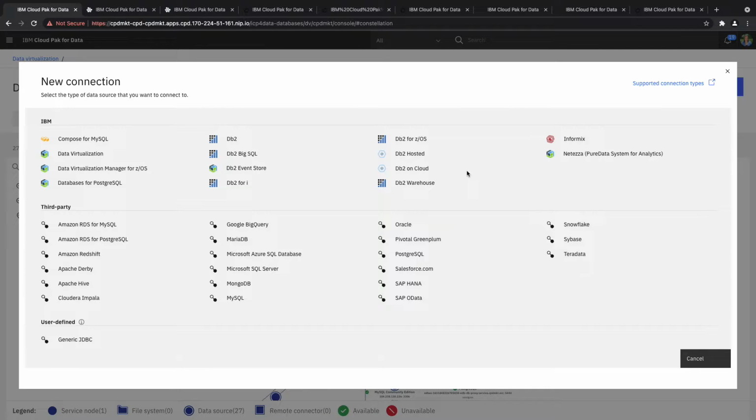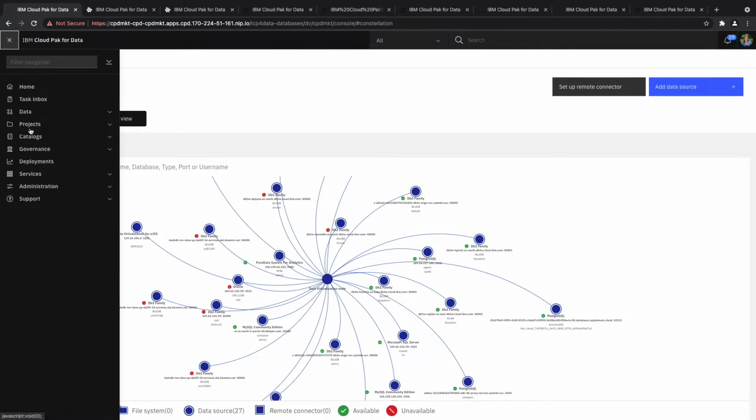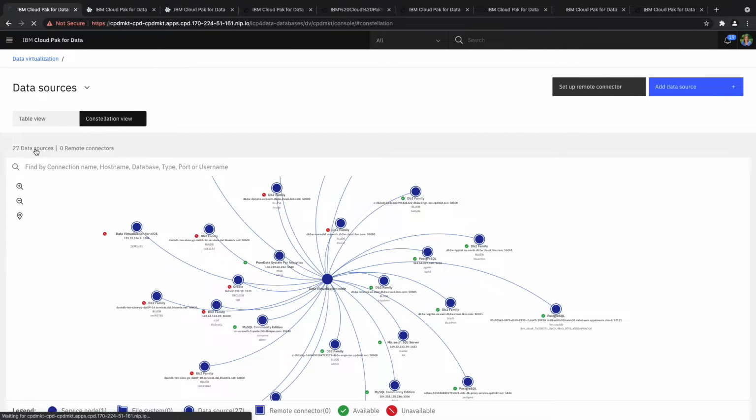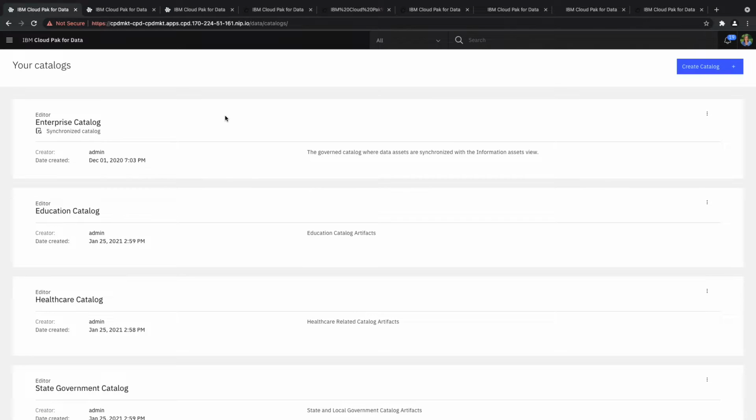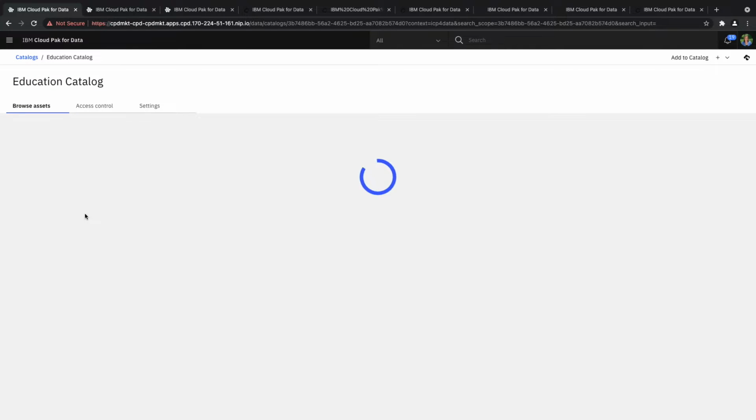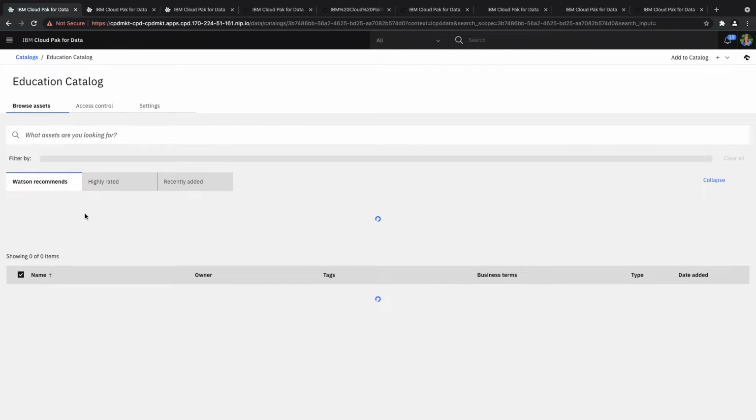Here we can see all of the data sources that are already built into the platform, so it's very easy to add new ones. Now, once we've connected to our data, I can come shop for data in my catalogs. I can see what's available to me based on my user persona, and access can be controlled at both the catalog level, if I'd like everyone in the catalog to be able to look at the assets,